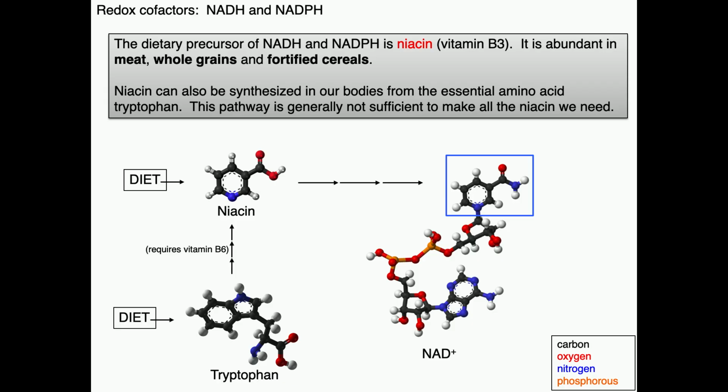Okay, so where we get niacin in the diet, meat and whole grains are where you would get it naturally, I guess. And then many cereals will add a multivitamin essentially into the cereal, so cereals are good sources of vitamins as well. If you don't have sufficient niacin,